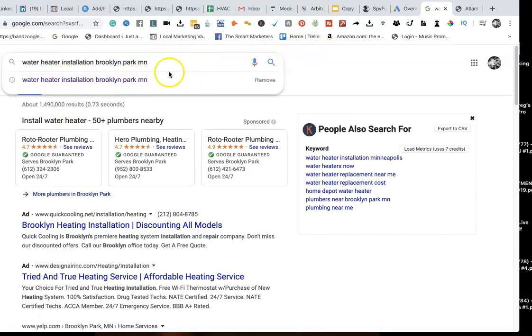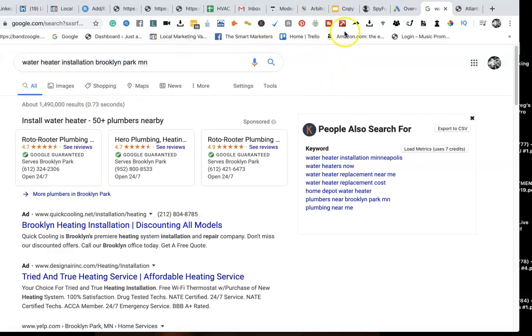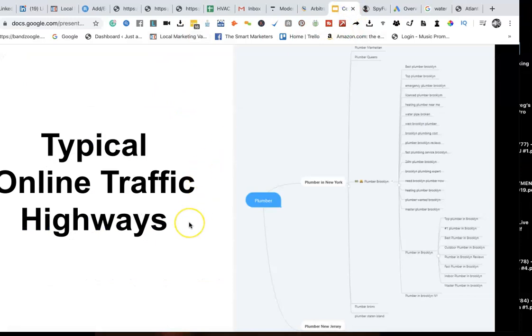So what we're able to do is take the search terms that people are actually typing in. They're called long-tailed,